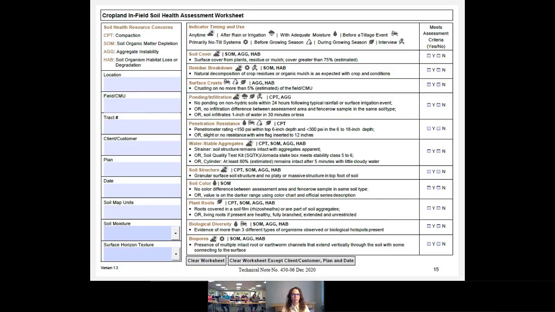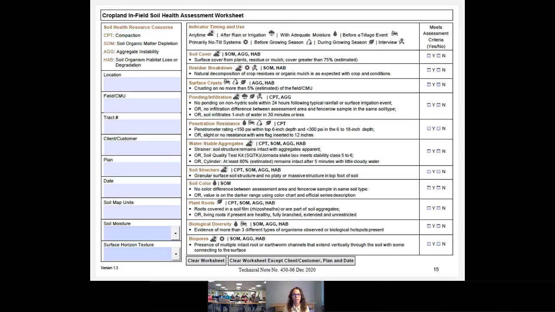We have the Cropland Infield Soil Health Assessment Worksheet, which you can take out if you have a printed copy or reference it as a digital copy. This is designed really as a diagnostic tool to help planners determine if soil health resource concerns exist. It's not necessarily used to compare a field to another field or as a means of monitoring changes in the field over time, but it is a really important and critical aspect to assessing all of the biological, physical, and chemical